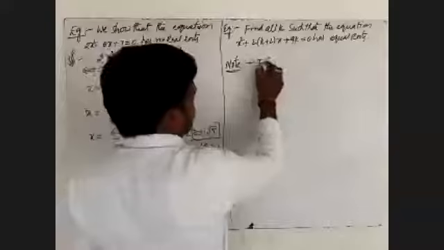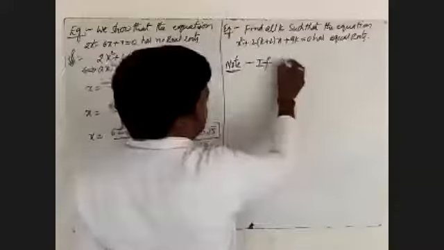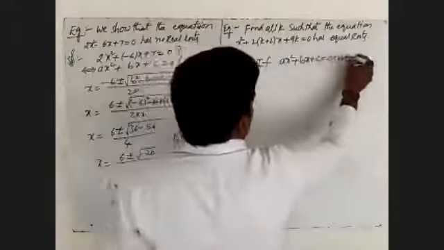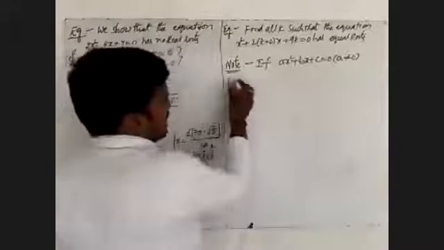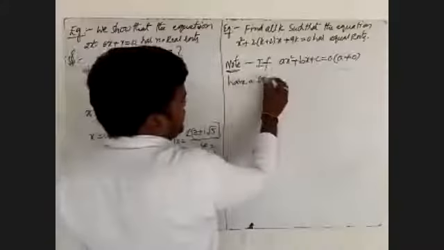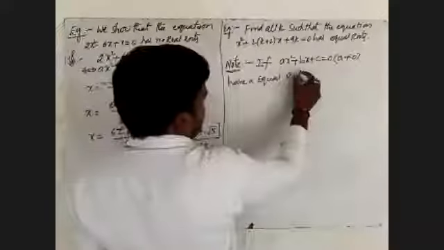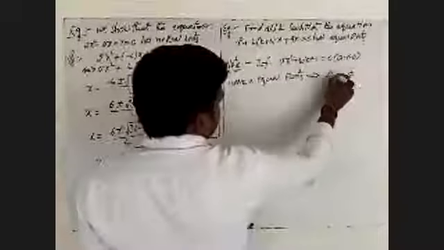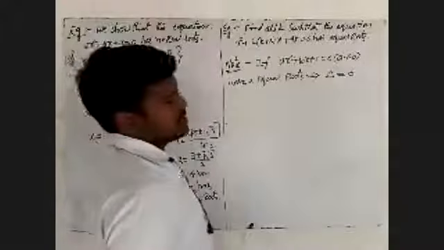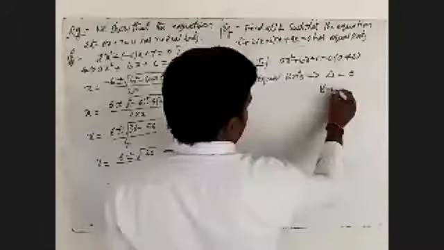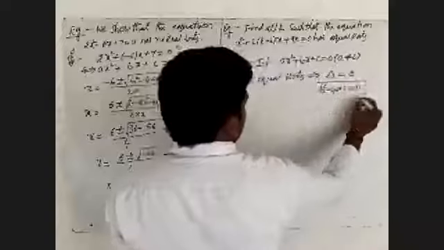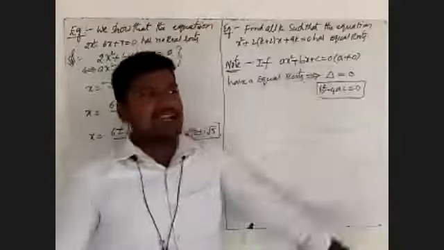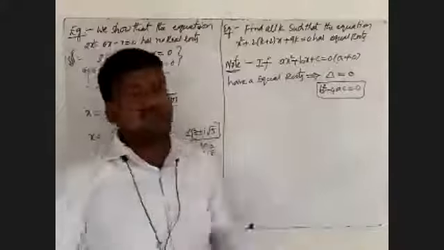If a quadratic equation ax square plus bx plus c is equal to 0, where a does not equal 0, has equal roots, then that implies its discriminant is equal to 0. Equal roots means the discriminant is equal to 0. Discriminant means b square minus 4ac is equal to 0. We observe that the given quadratic equation has equal roots means its delta will become 0. That is, b square minus 4ac equal to 0.